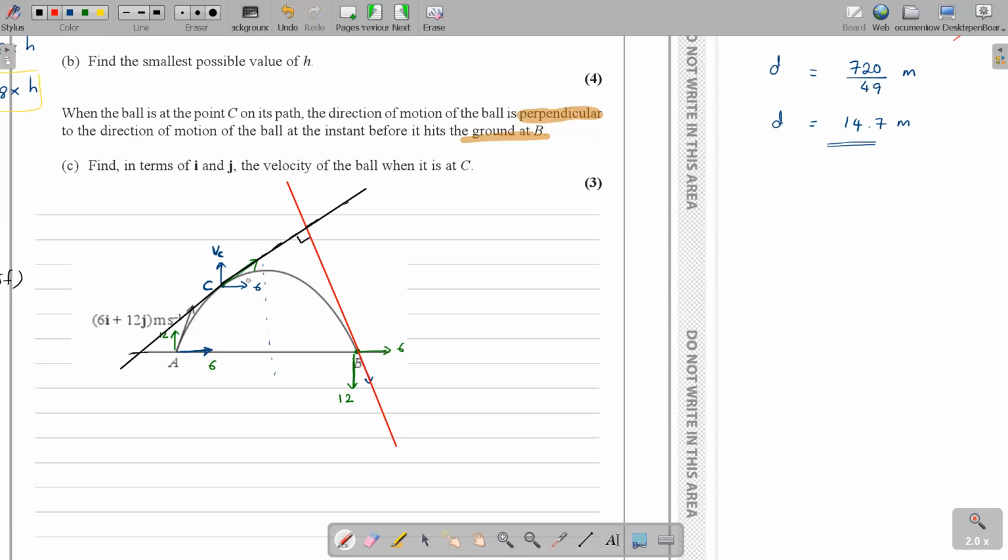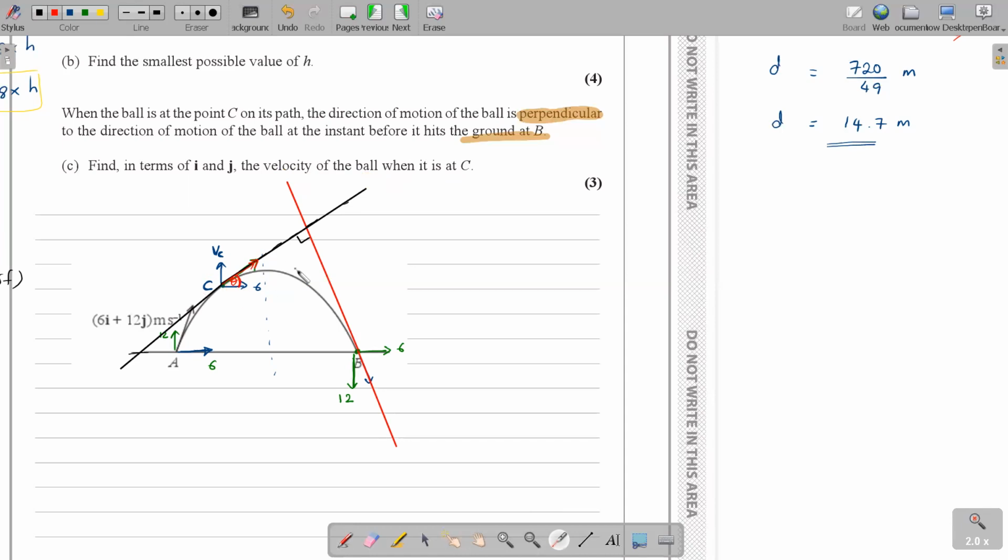Let me put an angle over here between the resultant velocity, so this is the resultant, and this horizontal component. I'll mark an angle called theta. I always mark an angle here between the resultant and the horizontal. So let's say this is theta. I need to find the velocity. I hope you understand. To find the velocity, my target is to find this vertical component VC. That's all I need. I need the vertical component.